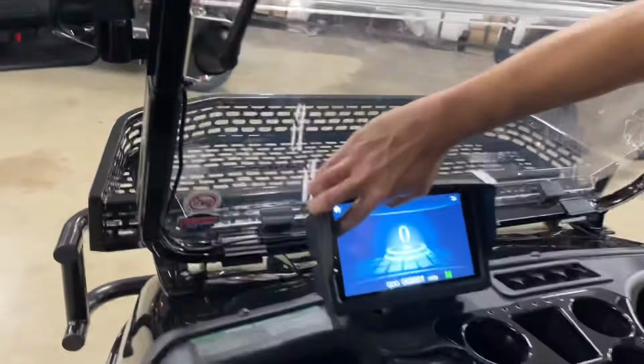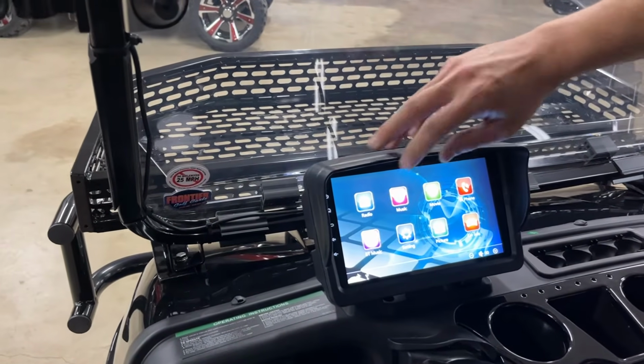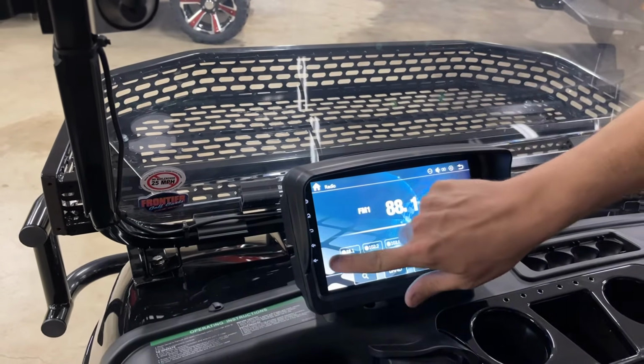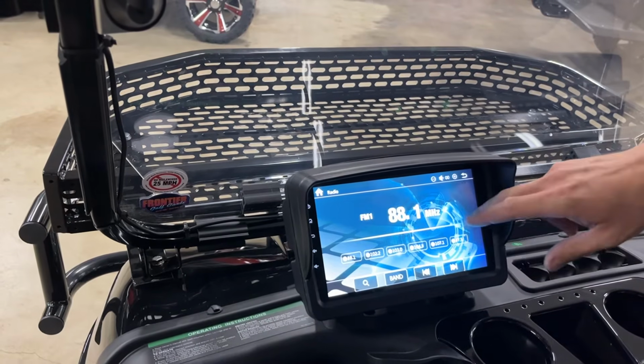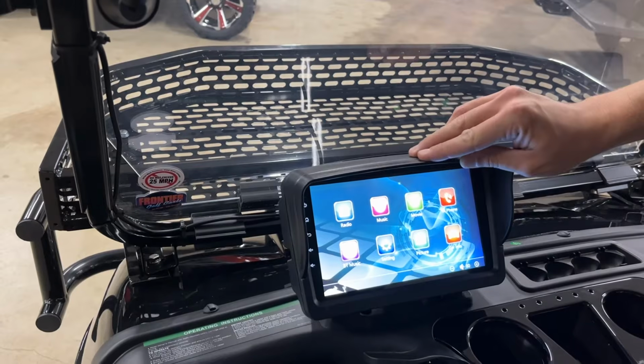Here, if I press the home button on your touchscreen, this will bring up all of your applications. Right here is the FM radio. You have volume controls both on the side and top, tuner, and presets. Hitting the home button again, right here